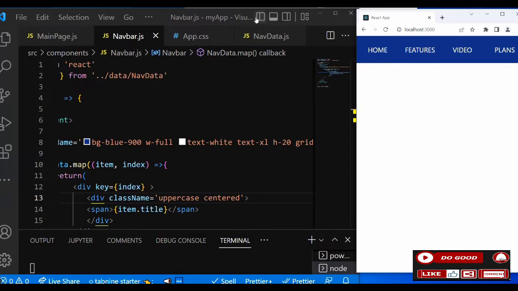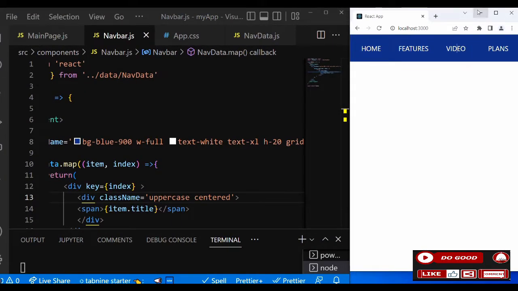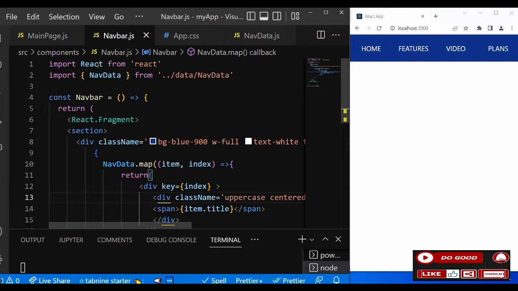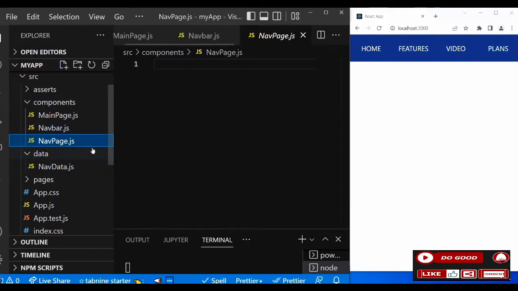So that is that, guys. Good. What do we do next? Our nav is ready. So now the next thing to do is create the nav page, all the pages over here. So let's create the nav page. Let's go back to our nav page. Then we say